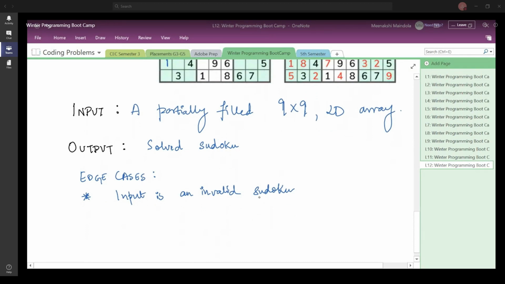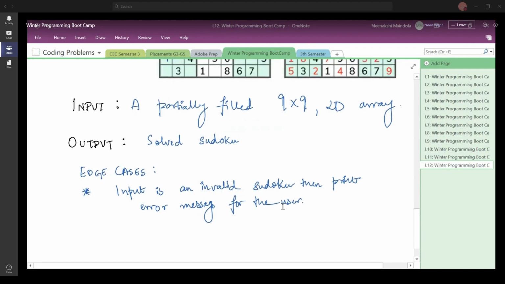If the Sudoku is invalid, then you should be printing a proper error message for the user to inform that the input Sudoku is not valid and it cannot be solved. So this is one of the edge cases.